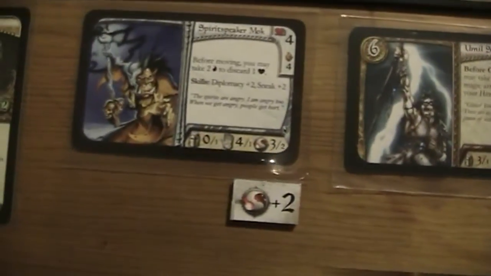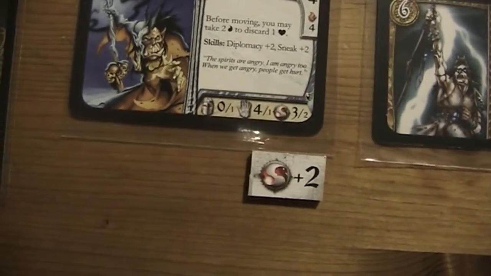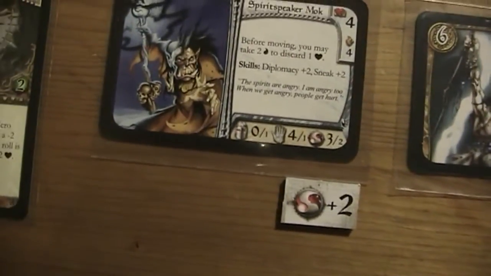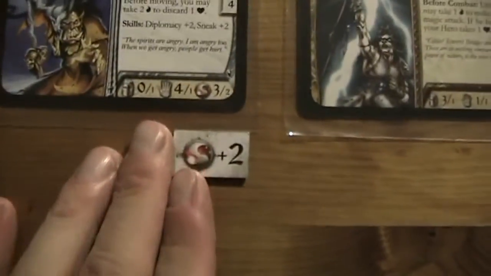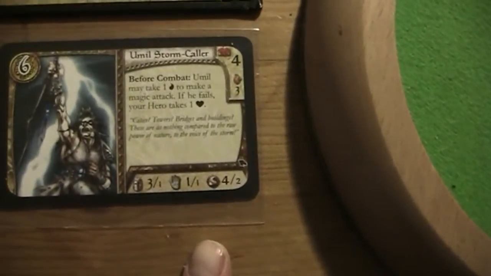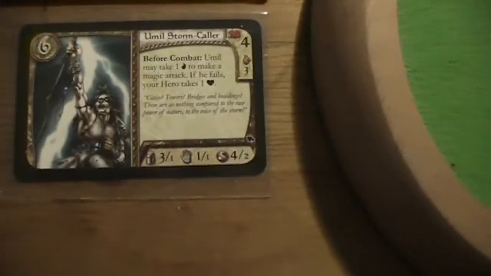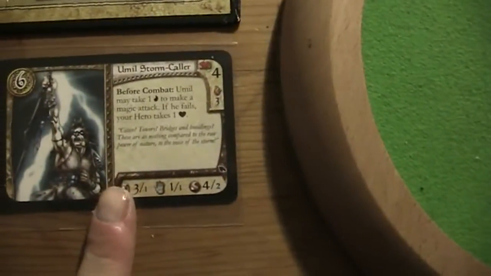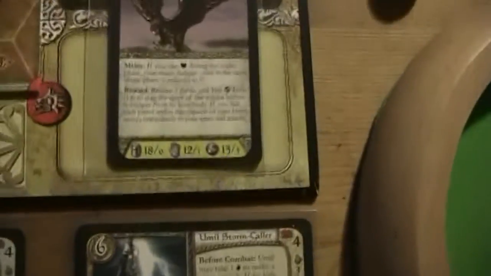I think what I could do is I could attack now with Ragnar's axe during the melee phase. That's an interesting option. It's a little risky. Okay, I guess I will not use this special ability before combat. I would need an 11. If I don't make it, I take a wound. I don't want that. So I guess what I'll do is...